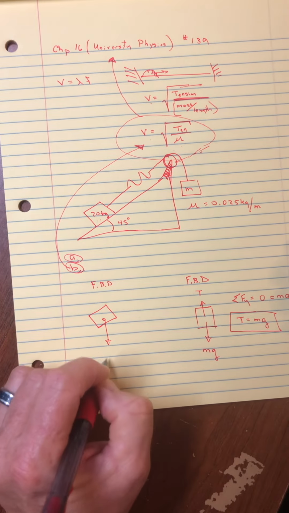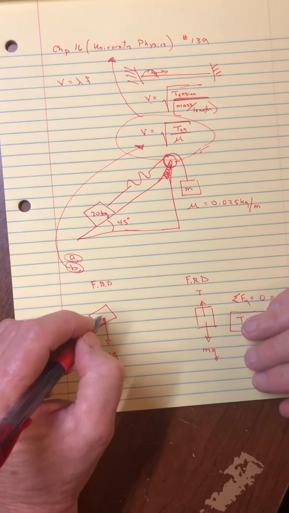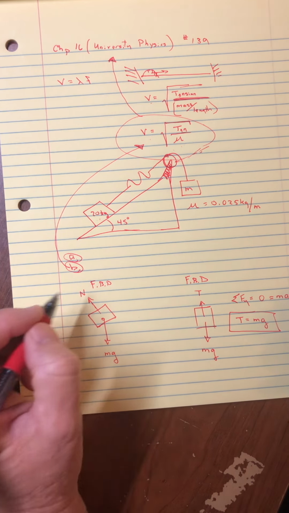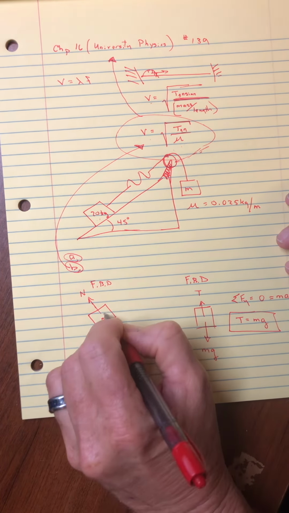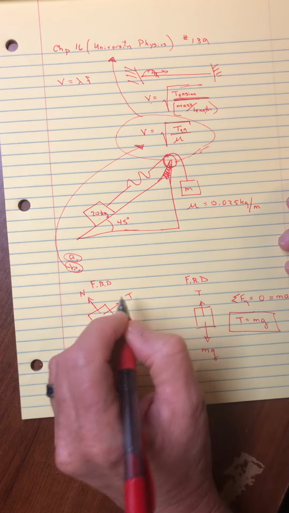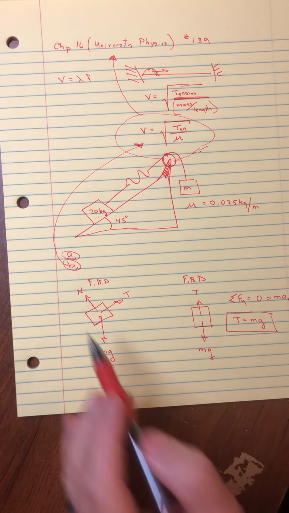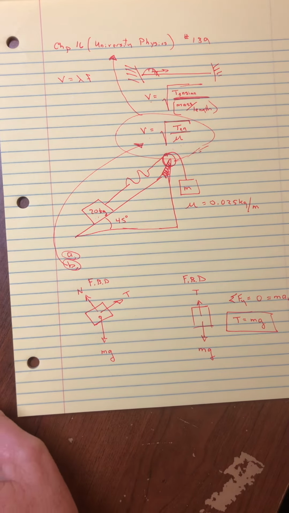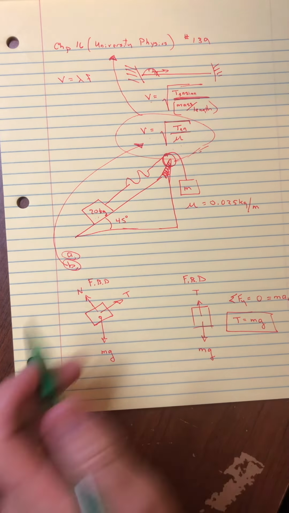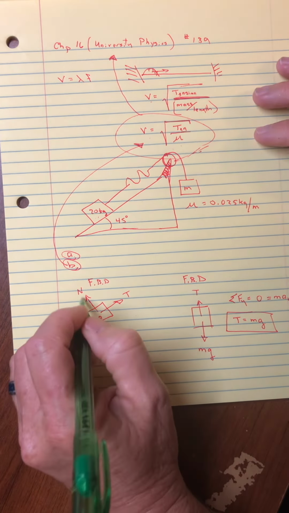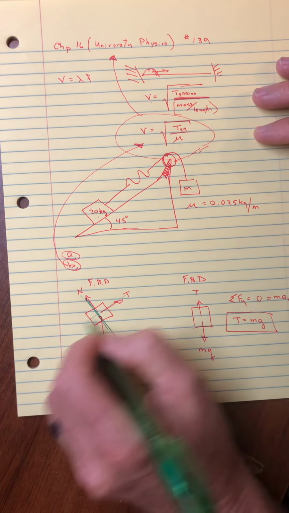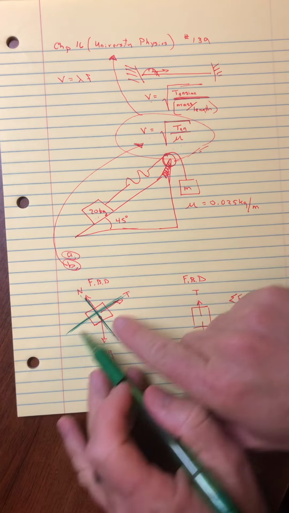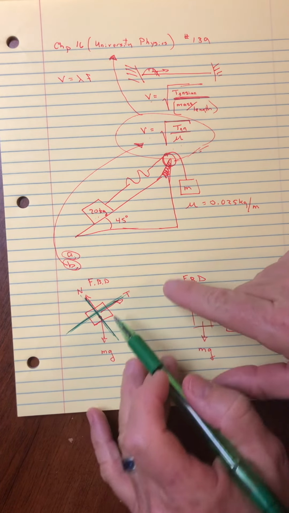and we've got its weight pulling down, mg, the normal perpendicular to it, the string is tied to it, so this is the tension. And they said it's frictionless, so there's no friction. And if you remember doing problems like this, it made sense to twist our axis, so that the x-axis is along the incline,